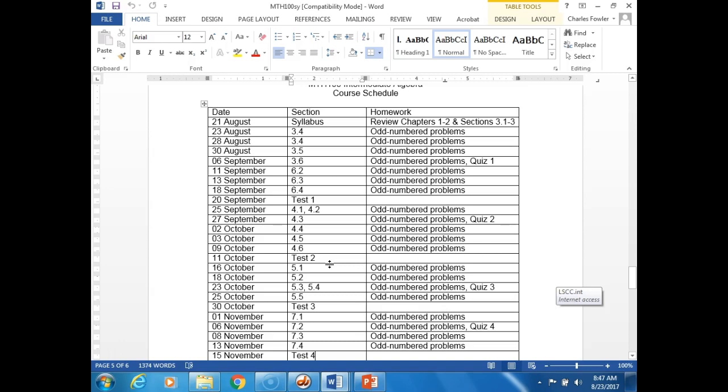Always your homework assignment is the odd number problems. Okay? There are two reasons for that. At the end of each section, you have these problems. The answers for the odd numbers are in the back of the book. So if you work those odd number problems, you can check the answer in the back of the book. It might give you a hint of what to do to get it better. But if you can't figure out how to get that answer in the back of the book, this author, no,